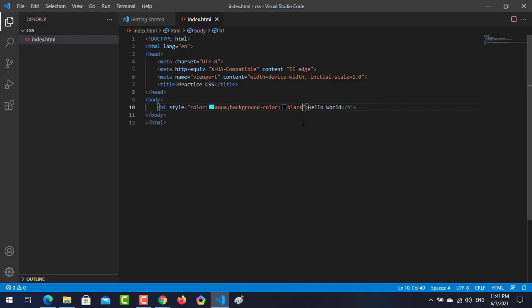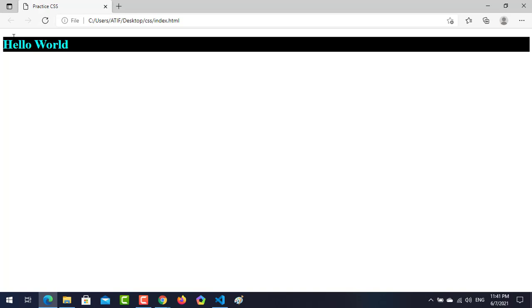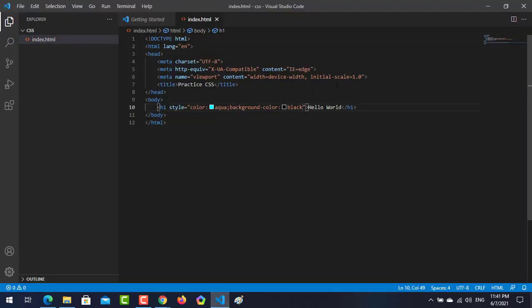If I just want to change the border color, as we can see, the Hello World is starting from this end, and the finalized end is this one. Its flow is from left to right. So what if I want to change the border color? I just want to write the border